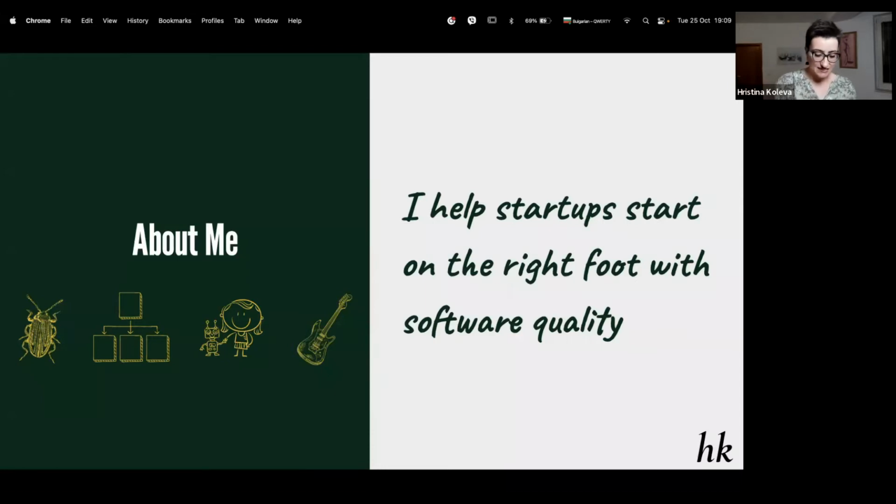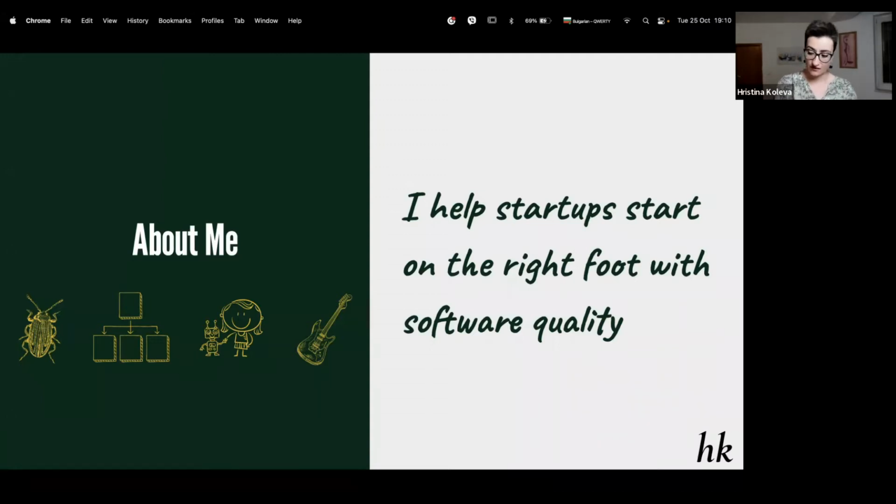What I've observed and witnessed in recent years is that most startups are really lost in translation about software quality. I've worked with developers with 10 plus years of experience that have never worked with software testers.